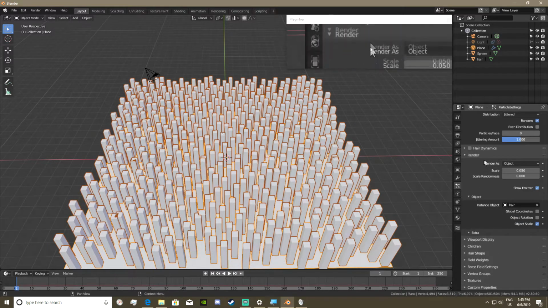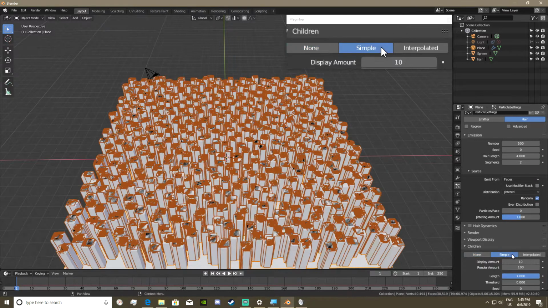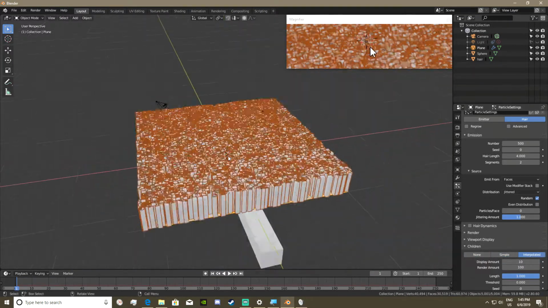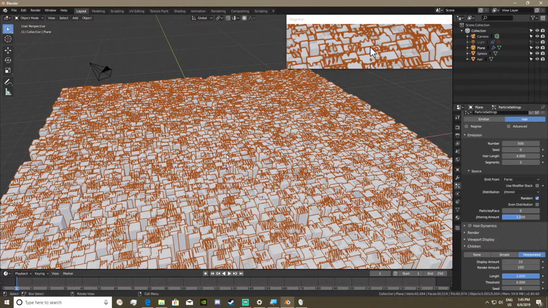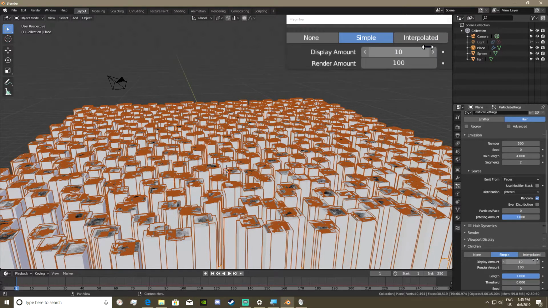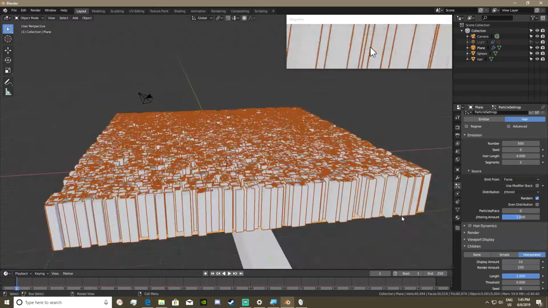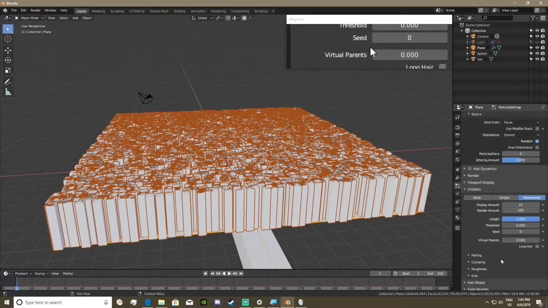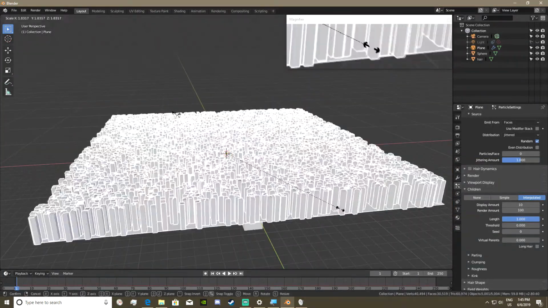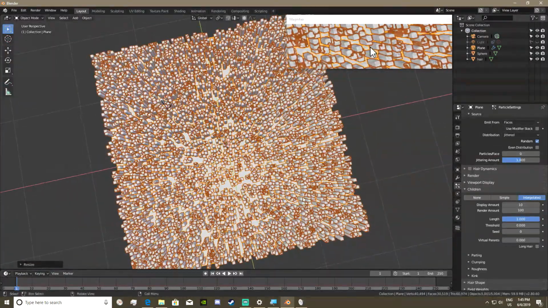We're going to go down to children. There's simple, and then there's interpolated. Interpolated is more in depth. Simple is simple, but for some reason simple clumps. I don't know why. It hasn't always done that for me. Maybe it's because I've had more hairs that I haven't noticed, but we're going to go to interpolated, and we can go ahead and size this up if you want to spread everything out,